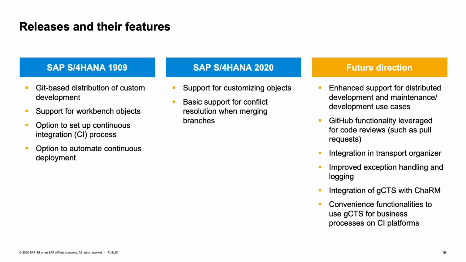So where does it come from? Where shall it be developed? Not that everyone takes the latest commit into their system and then develops it, but that you really know who is responsible for it, where it's coming from, where it shall be developed. We also plan to leverage functionality that's provided by GitHub so that you can use it for code reviews, so that you can, for example, work with pull requests to merge stuff that others developed, in principle.